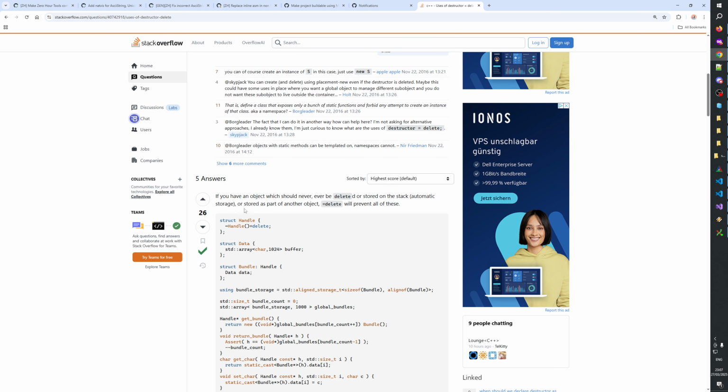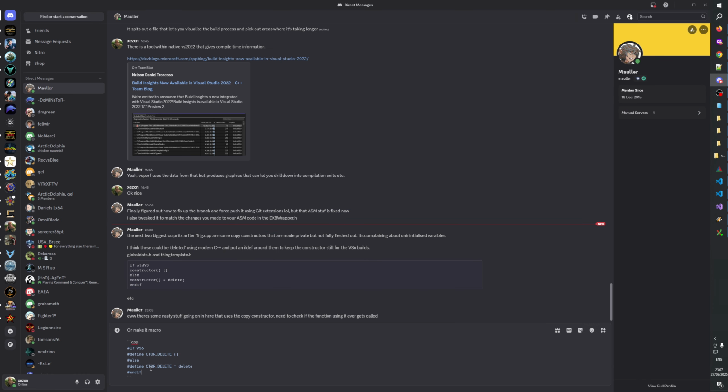Okay, so it is possible to delete a destructor. Huh, I don't know if I ever did that. Constructor, yes, but destructor? Because there can only be one destructor, right? It's not like you can have variants of it. So I would say we do